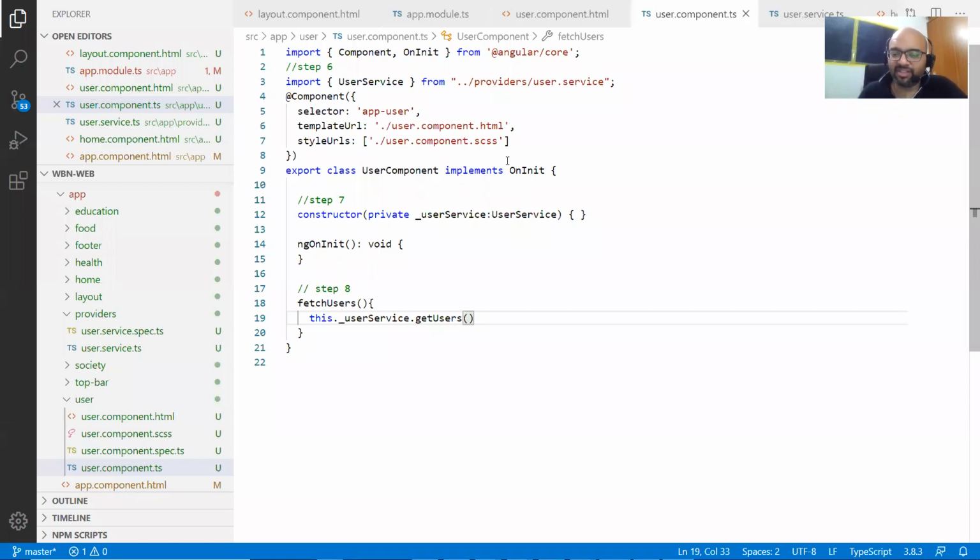Anything from backbenchers? Backbenchers means people who are not speaking. Okay. So your component is a subscriber, and your service, your provider, is basically a publisher. So your provider will fetch the data from the API and publish to you. And now your subscriber, which means your component, has to subscribe to it. Okay. So dot subscribe.